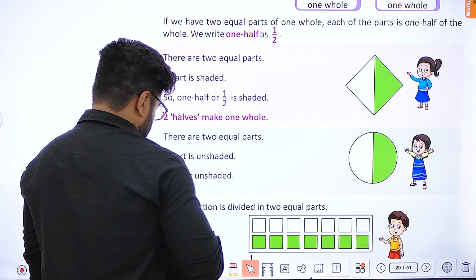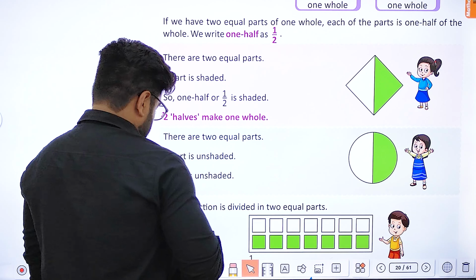So now come to our exercise 9.2. Here we are having: put a tick on the figure which shows four equal parts of one whole. Okay. So if we look here, we are having this figure, one, two, three, four equal parts. And this also. Now you have to find the other 1/4 figures. Okay. So here we are having 1/4, or a quarter. When we talk about 1/4, it is a quarter because a quarter shows 1/4 part of the whole.